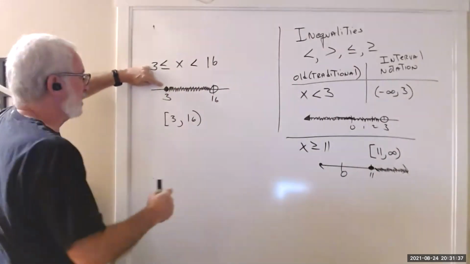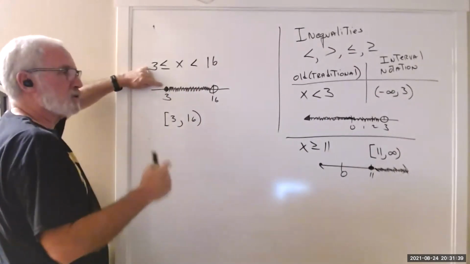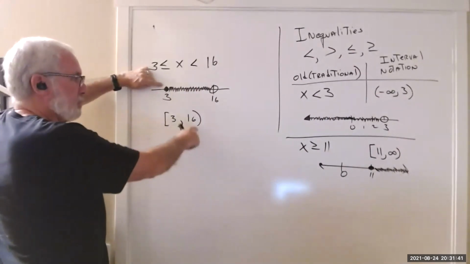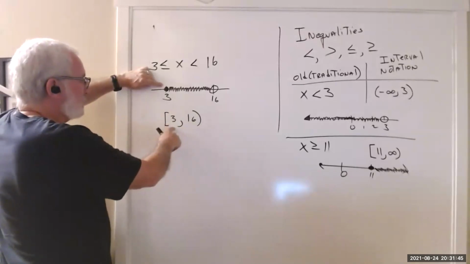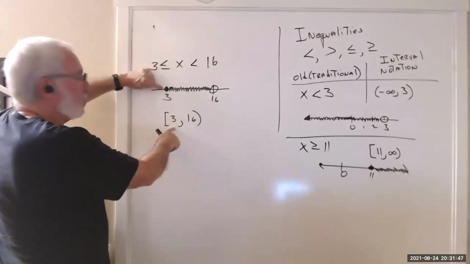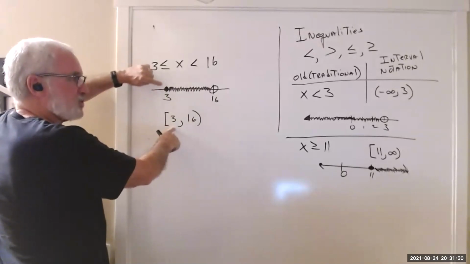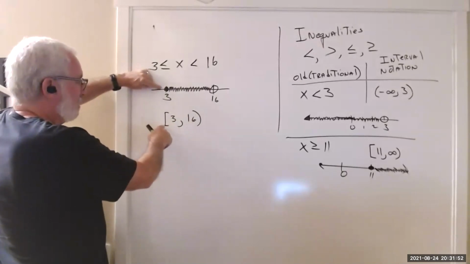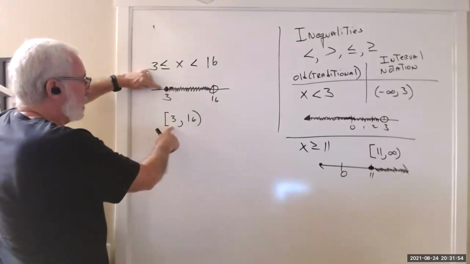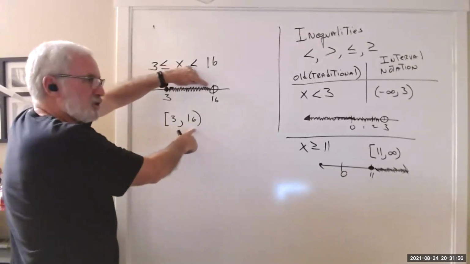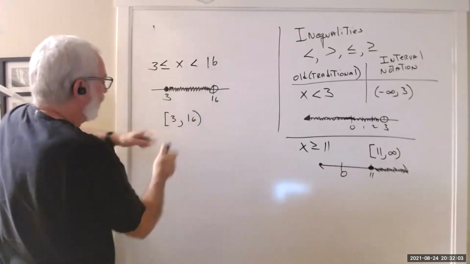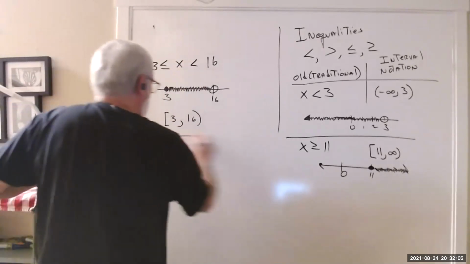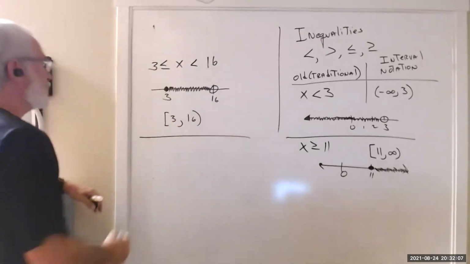Now, the trick is then, after that, do I use a bracket or a parenthesis? You use a bracket if it equaled 3, if it was a solid dot. A bracket if it equaled the 3, a parenthesis if it doesn't equal, an open circle. Okay, so with that explanation,